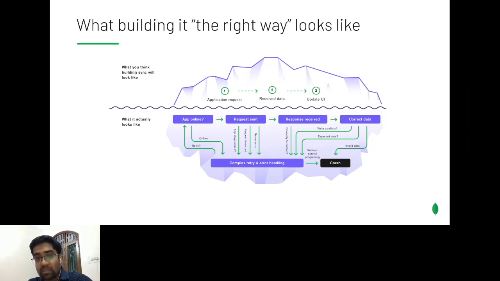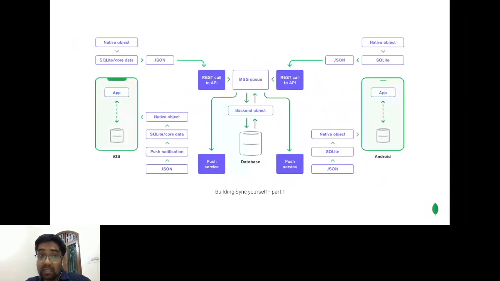Now let's try to see how this correlates into a technical architecture. This is how it's going to look when you build it. There will be a mobile app which will have its own database. You'll have some interaction with it. Based on that, you might decide, okay, let me make an API call. Then the API call might go into a messaging queue, which is installed by a backend server, and then it will be processed by it, and based on some logic and algorithms, that data will be processed and sent back to you, right?